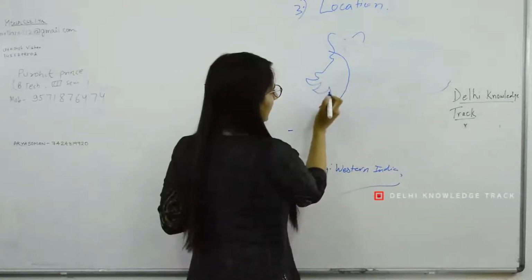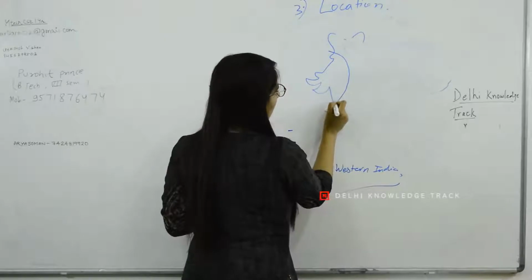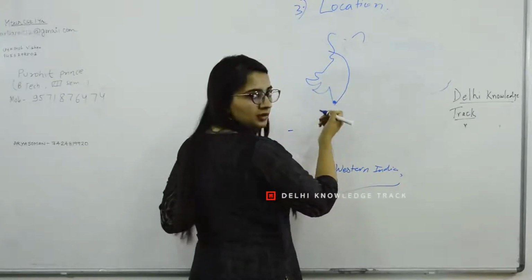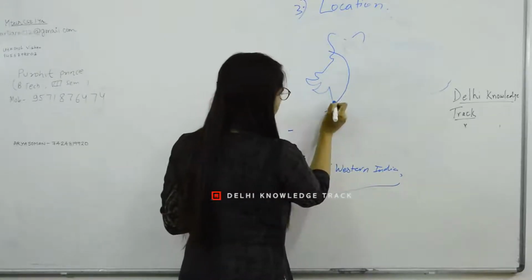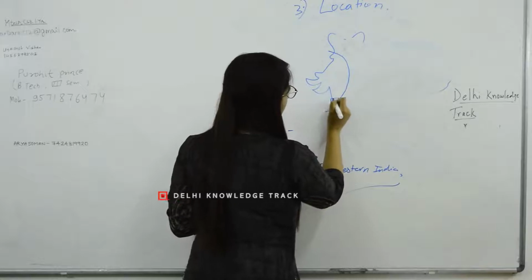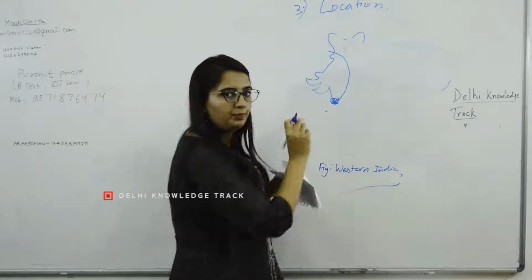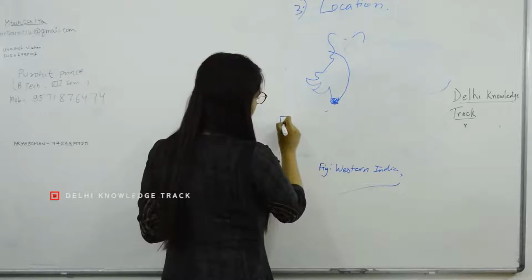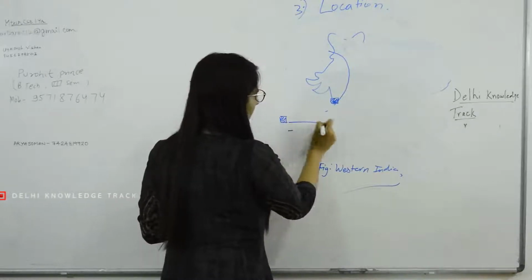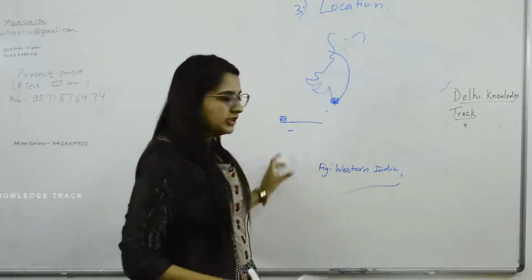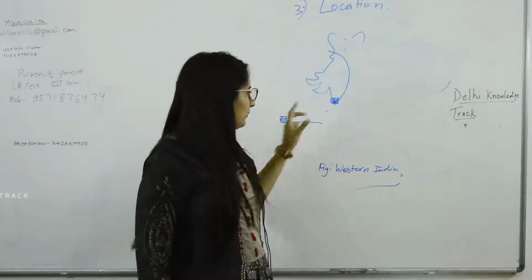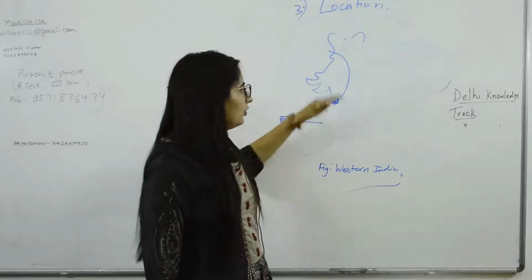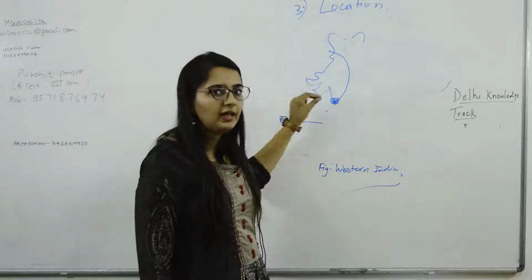Also, if I am marking any location here, let's say I am marking Mumbai somewhere here, then I will use a particular symbol which I will also use here, and I will name the location. This is called a legend, and it is very important in the exam to make this. Otherwise, there is no hint to the examiner what exactly you are trying to show.